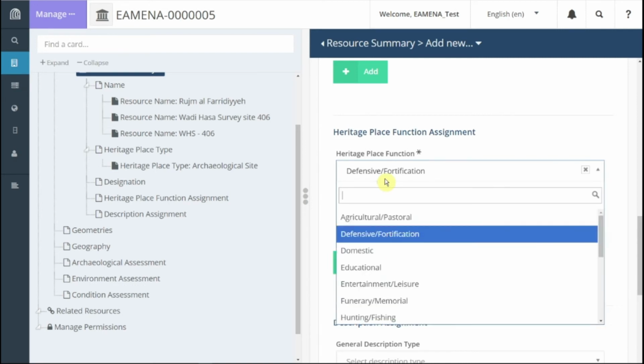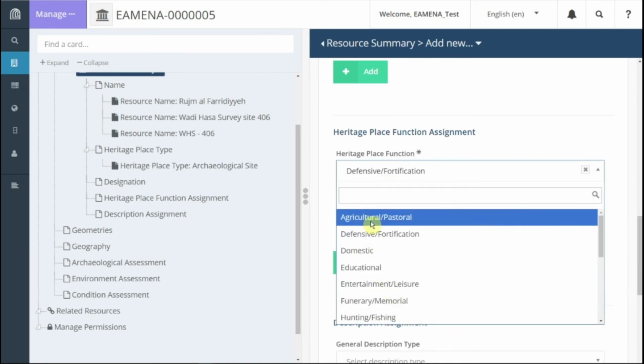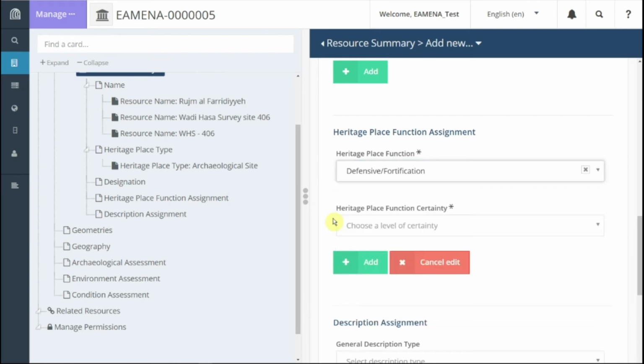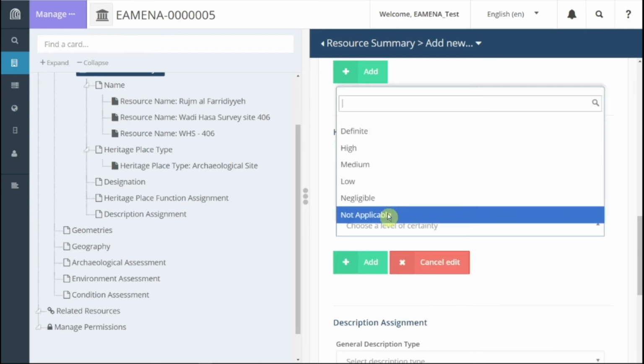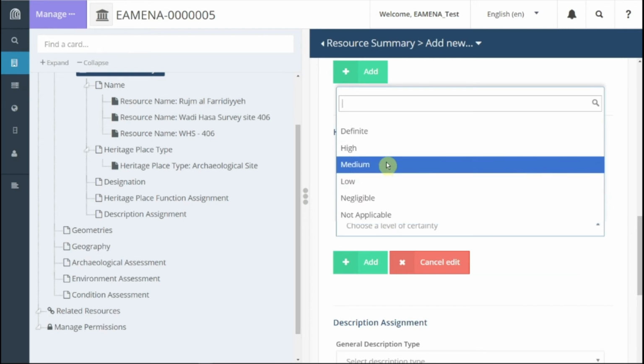You may refer to the glossary for detailed definition of all these terms. Then click on Heritage Place Function Certainty field and choose from the drop-down list. Also in this case, please refer to the glossary to help you choose your level of certainty.